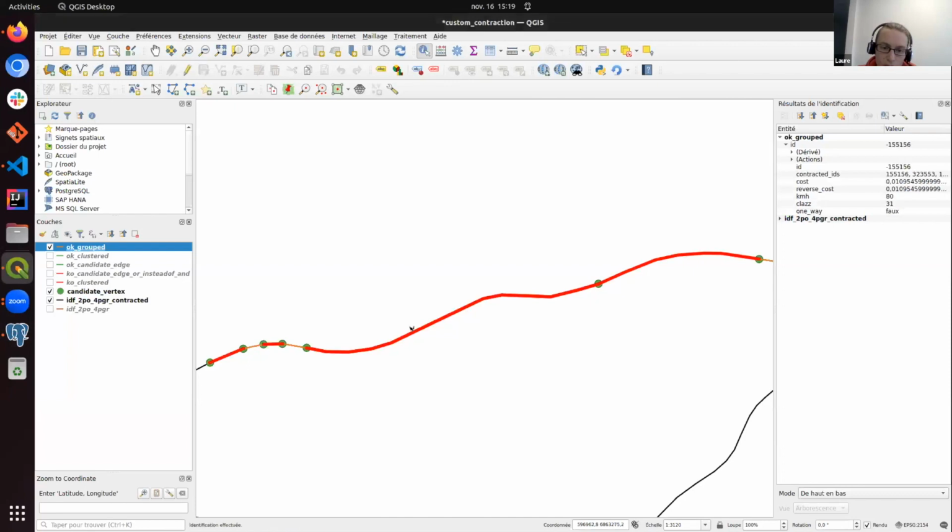So I will select this one. So here you can see that what I selected is with the speed limitation of 80 km/h. And if I select the others, they are changing speed limits. So this is one case where we can't merge and we don't want to merge because we would lose the attributes.